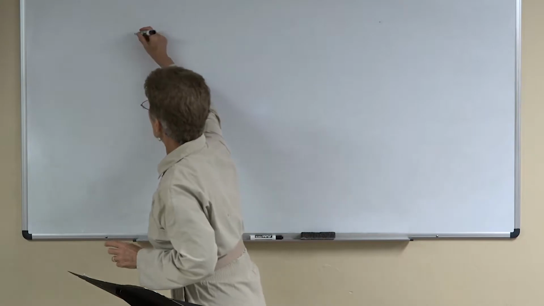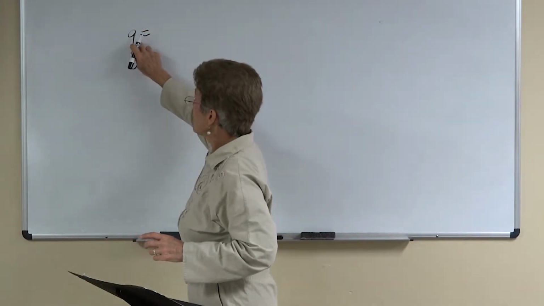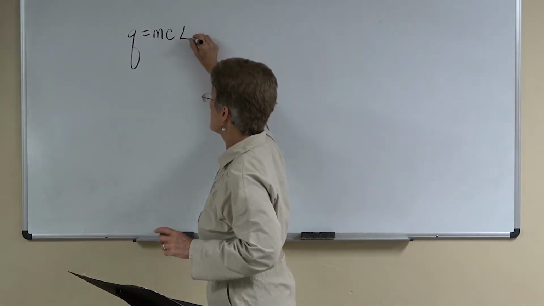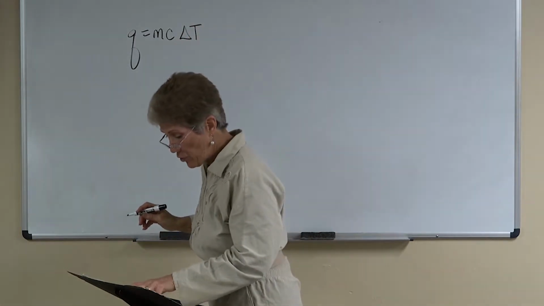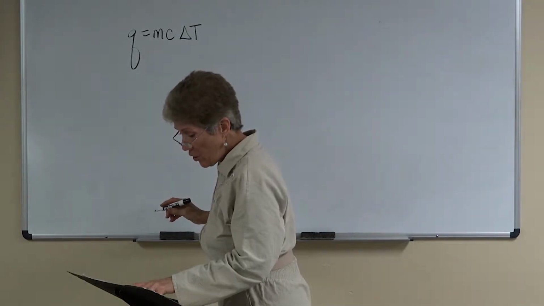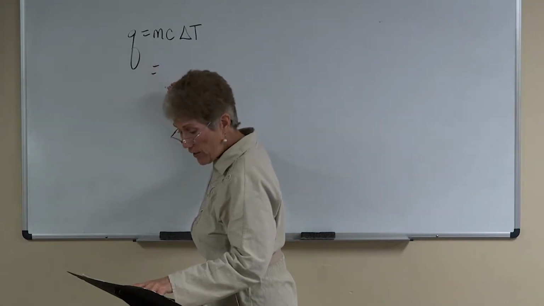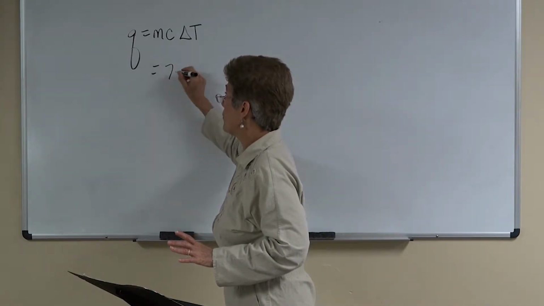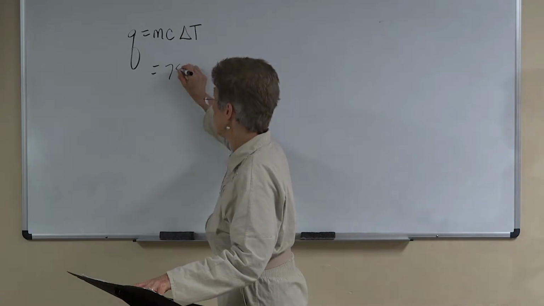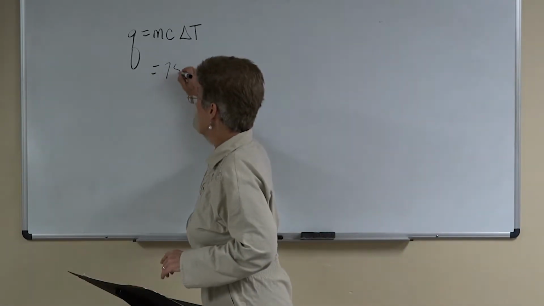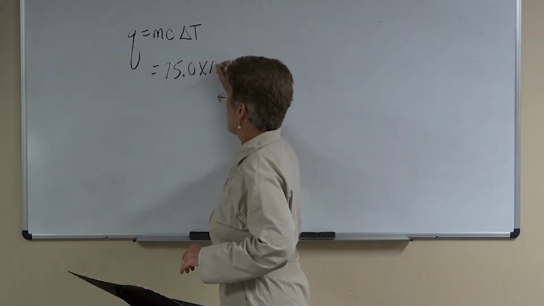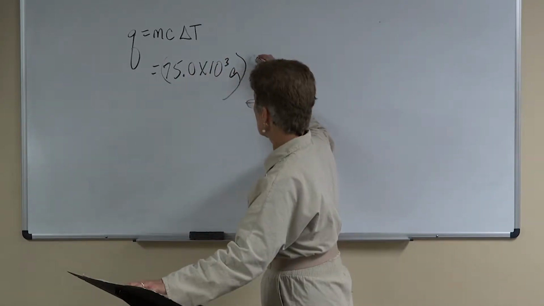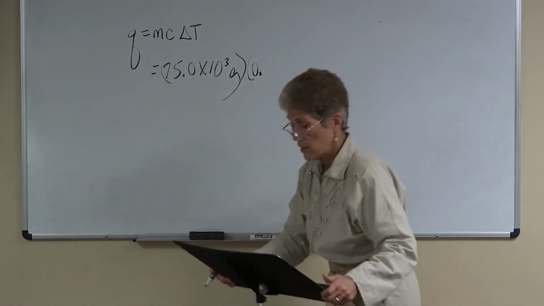If it's positive, it gains energy. And so we are going to use the energy equals the mass, times the specific heat capacity, times the change in temperature. In this case, we are looking for the energy. We are given the mass at 75 kilograms, but C is in grams, so we have to put the 75 kilograms in grams also. I'm going to be really bad and make it 75,000 grams just by doing that. And then C is 0.160